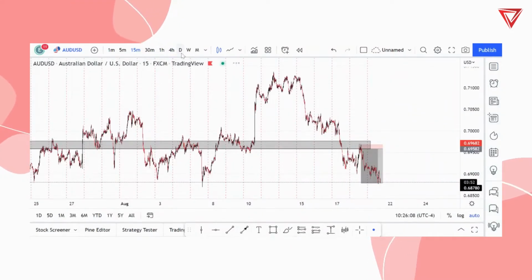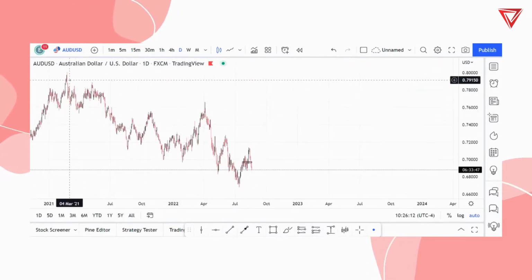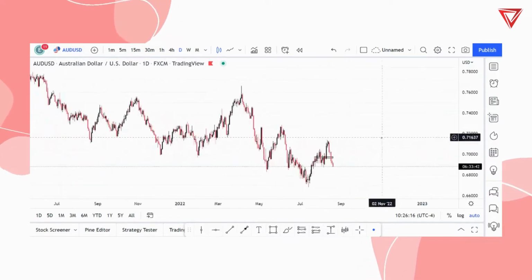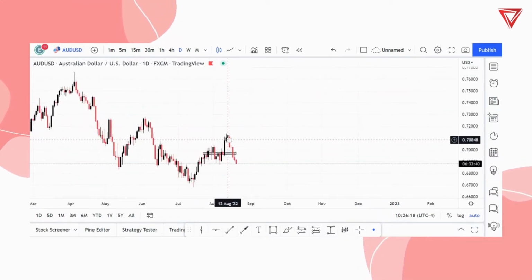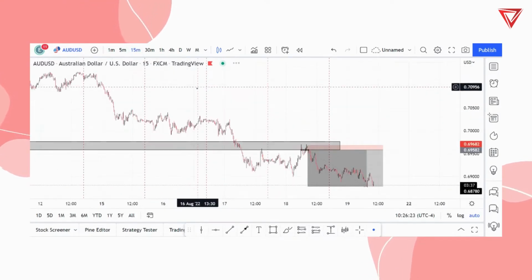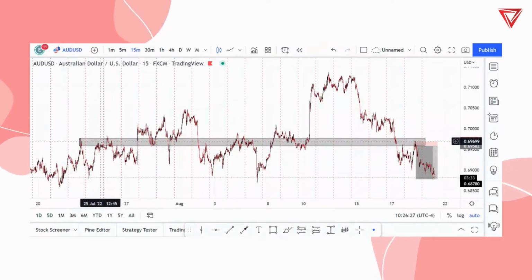If you go on the higher time frame, you would see on the daily time frame, AU from this point, it has been bearish. It has been a bear market since February 2021. It has gone back into bearish momentum at this point here, so that's good. We then realized that AU had broken this liquidity area here. Why do we consider this a liquidity area? Why do we consider this a liquidity zone?